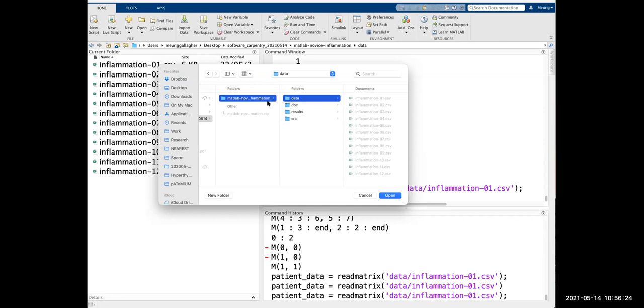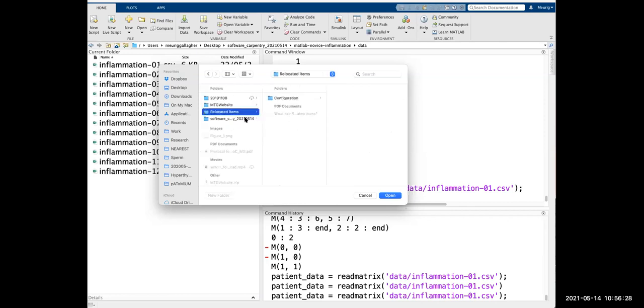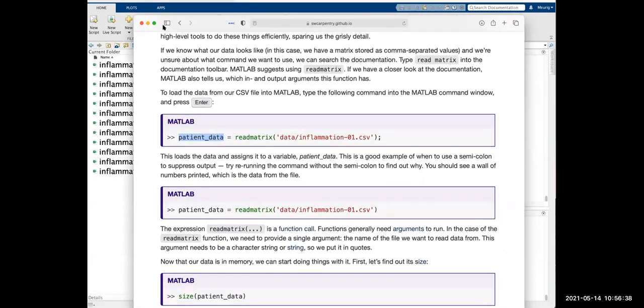So the folder is data. Did you download this MATLAB novice information zip file? I thought I downloaded the CSV file, but then it's not showing again.